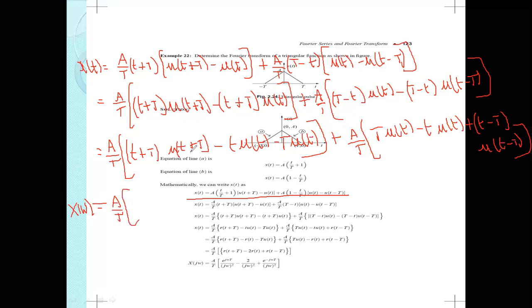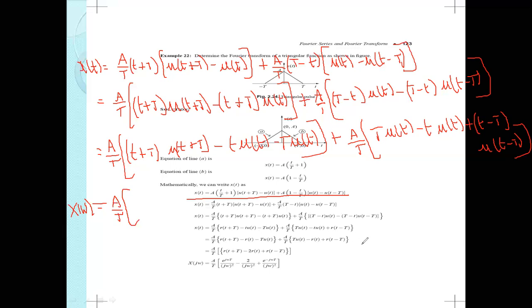We know the Fourier transformation of u(t). The unit step u(t) is also called the ramp function when it is multiplied by t, so they wrote it as r(t) like that. Okay, the Fourier transformation of u(t) is